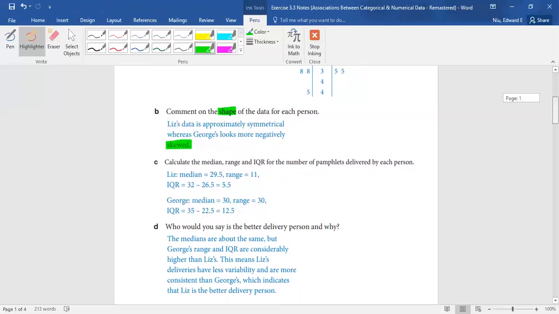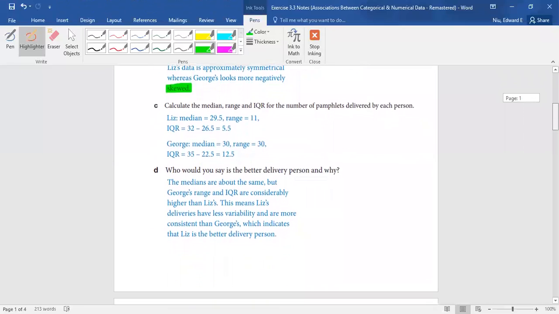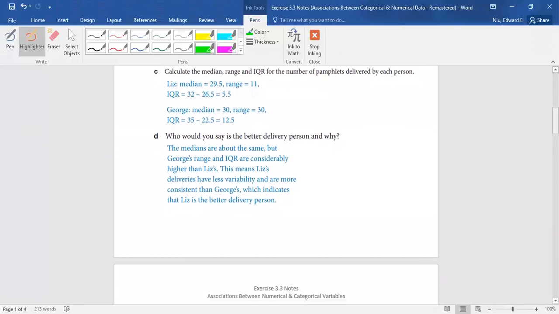So who would you say is the better delivery person and why? You would compare the medians. All right, the medians are about the same. So on average, they drop off about 29, 30 pamphlets each day. But George's range and IQR are considerably higher than Liz's, which means